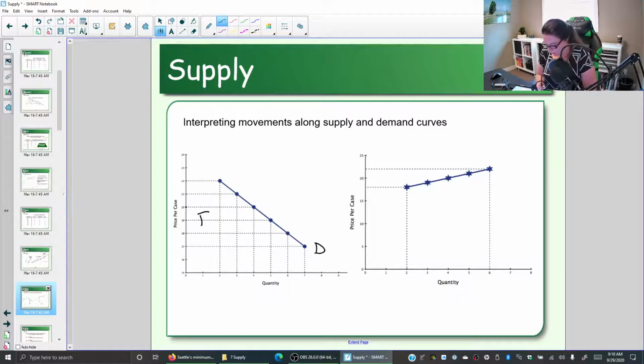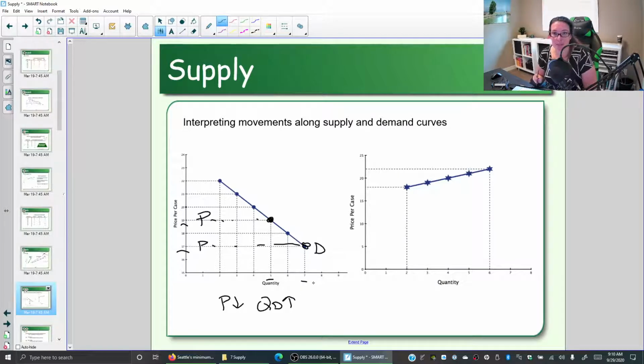If you change price, so if we go from $19 to $17, that decrease in price causes quantity demanded to go up. Price goes from 19 to 17. Quantity demanded in this example goes from 5 to 7. So a price change